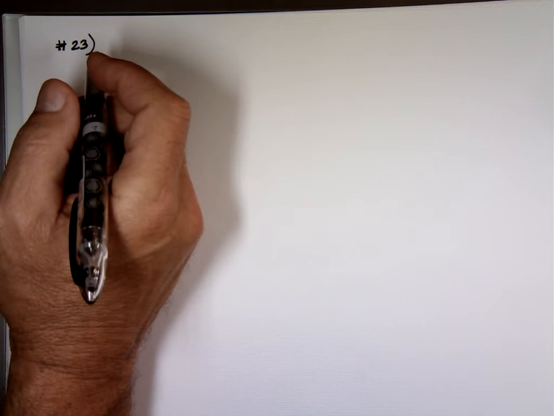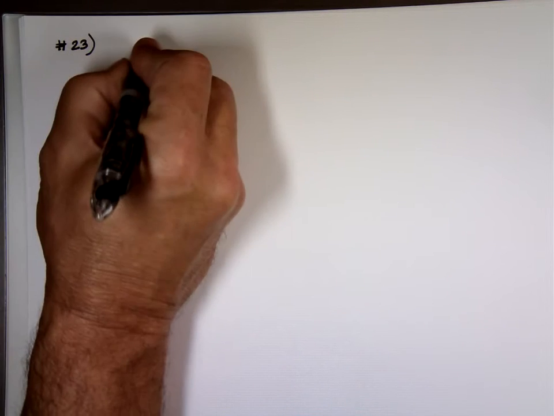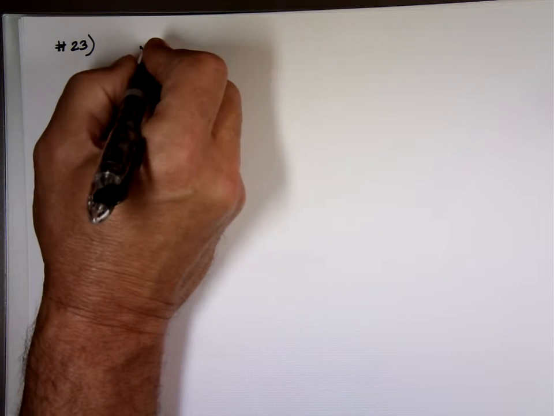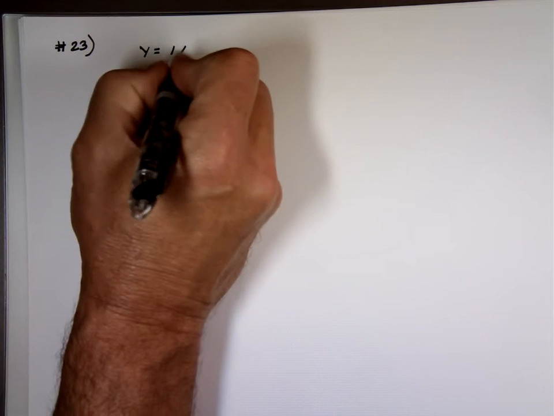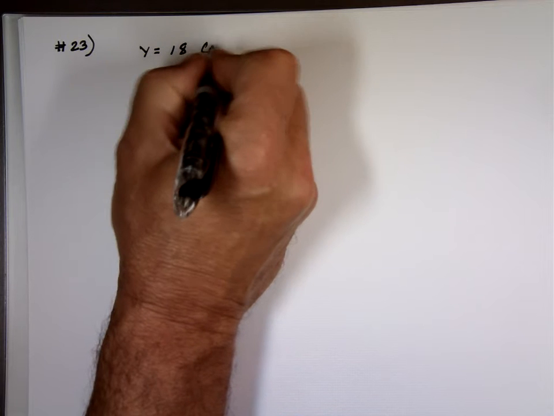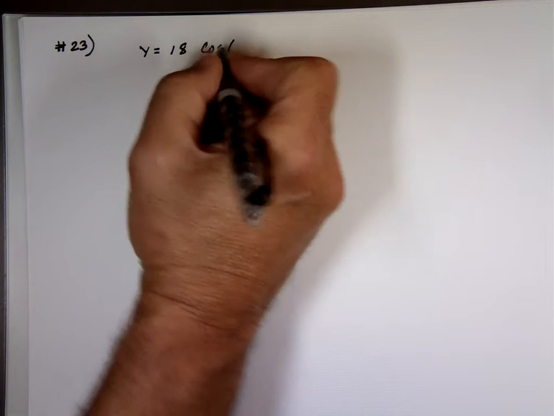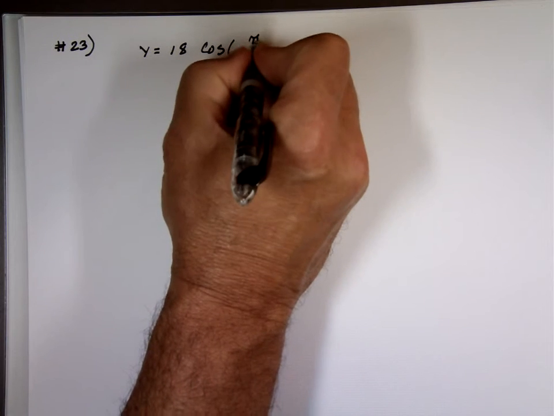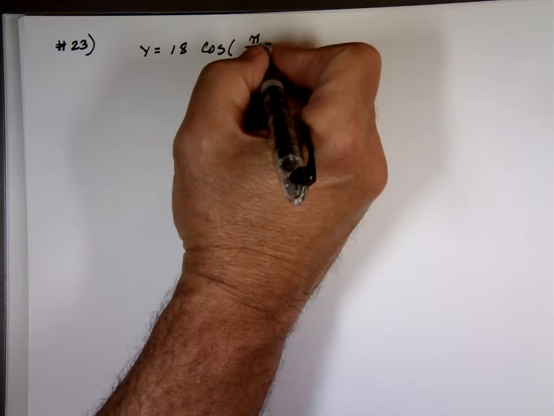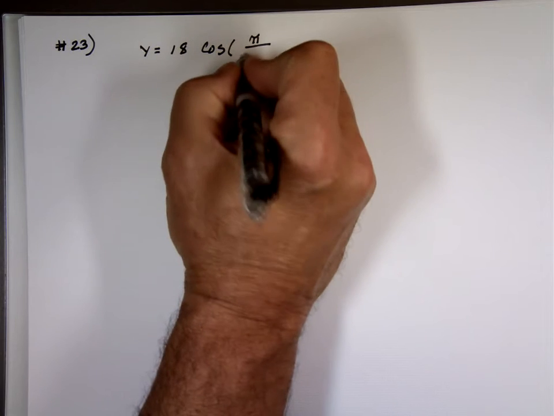So number 23, if a wave on a string is described by the equation y equals 18, that's in centimeters, 18 cosine pi, my eyes are horrible. I think in the bottom here, it's 4.3 centimeters